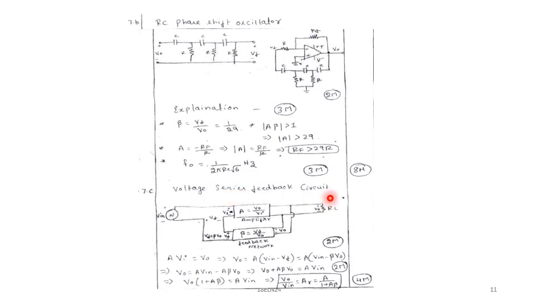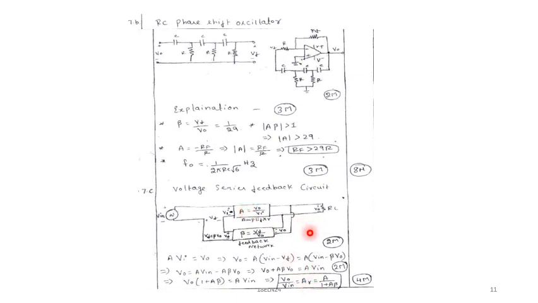And 7C is a voltage series feedback circuit. So this question is related to feedback amplifiers. In your syllabus they mentioned the voltage series feedback amplifier only. So this is the circuit block diagram representation of the voltage series feedback amplifier. Here we are using feedback, and this is the gain without feedback. Vi is the difference between Vin and the feedback voltage. Based on that, I will obtain the gain with feedback. So the gain with feedback is given by AVF, and the gain without feedback is given by AV actually.